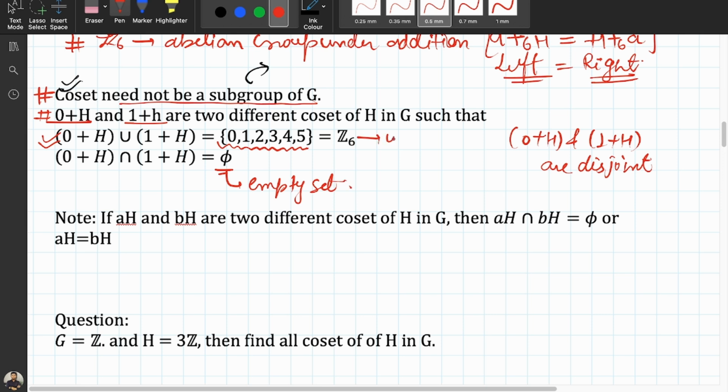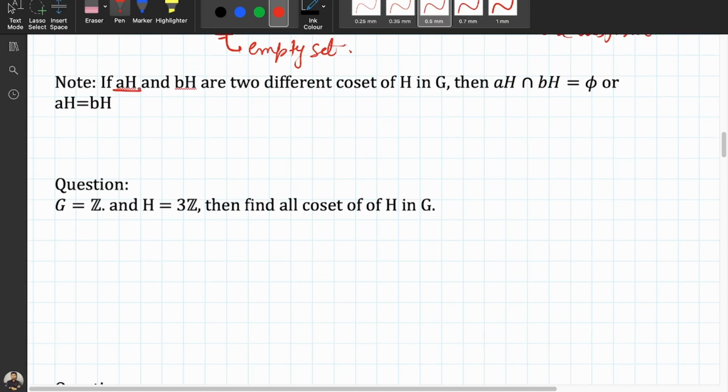But here it is what? Equals to whole group. Next, if aH and bH are two different cosets, sometimes I'm writing in multiplication, sometimes I'm writing in addition, that is just because of the binary operation. It depends on the binary operation. So the proper way of writing is a star H and b star H are two different cosets